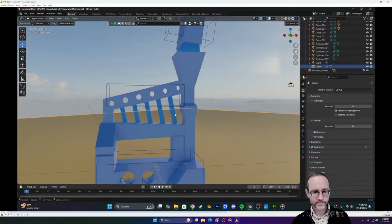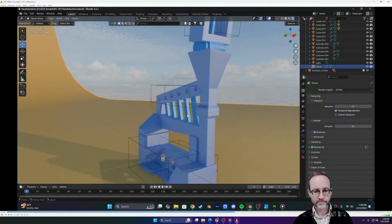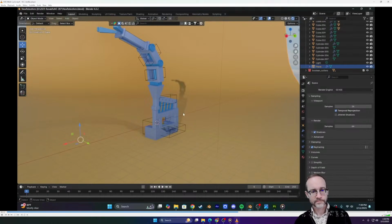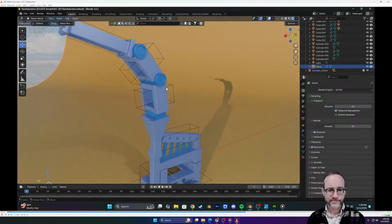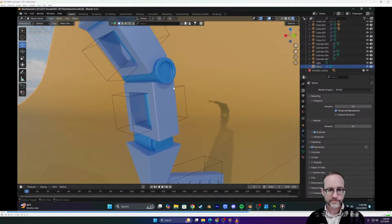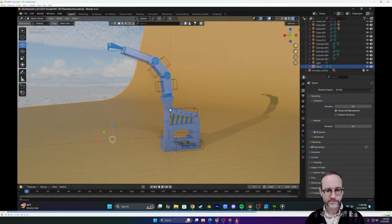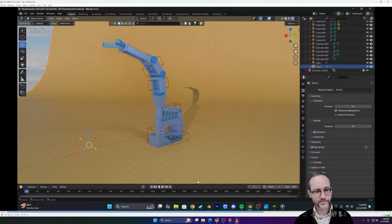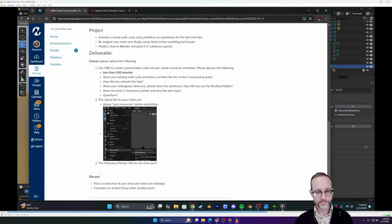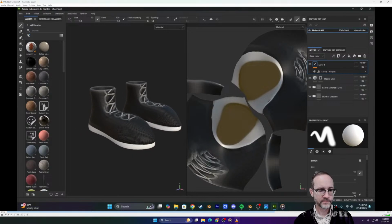I came up with this idea of having ridges here and then these circles, just patterns. I think having basic geometry like this, while also having little indents on the circles, creates a fun plastic toy feel, which is what I was going for, especially with the color scheme here. And then for the shoe I made, in Substance Painter here, I modeled